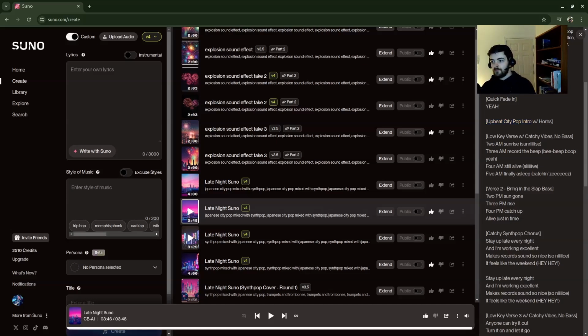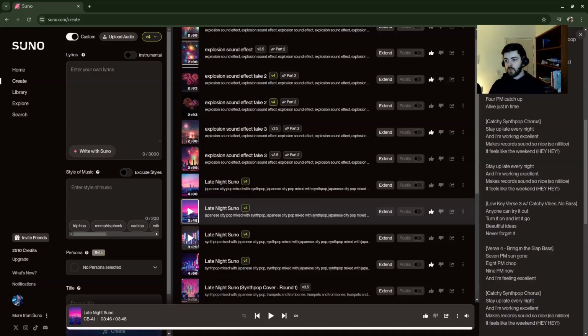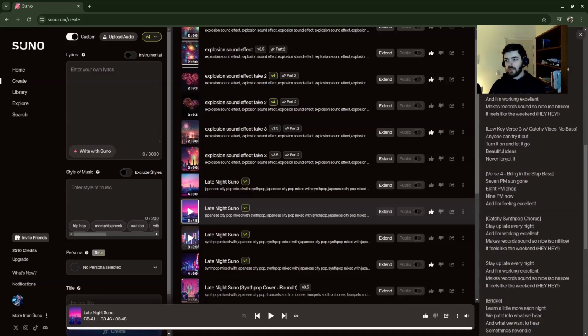And then I also noticed, which was pretty cool with this one, the verse one and verse two: when it's in verse one, it did not give me the bass, and then in verse two, it did bring in the bass, even if it's not necessarily the slap style I was going for. I think that was just too much information for it. That was cool. The choruses were great, very catchy, and then it did it again here. It did not play the bass for verse three, which is what I have here, no bass.